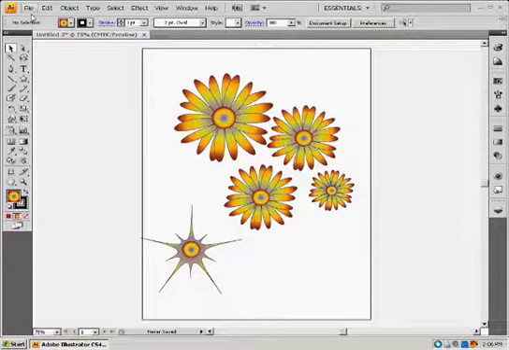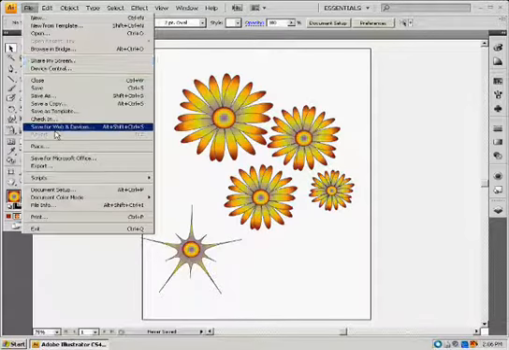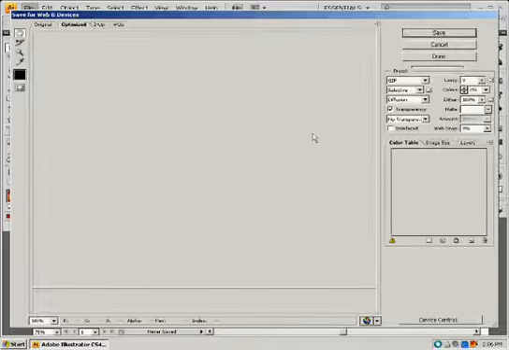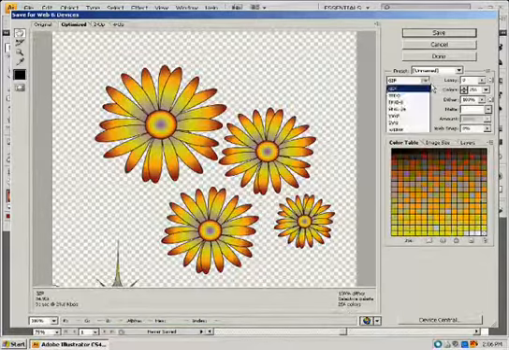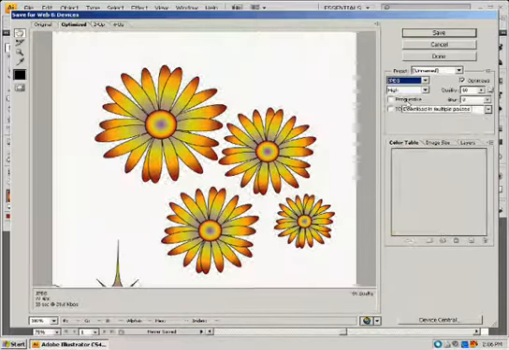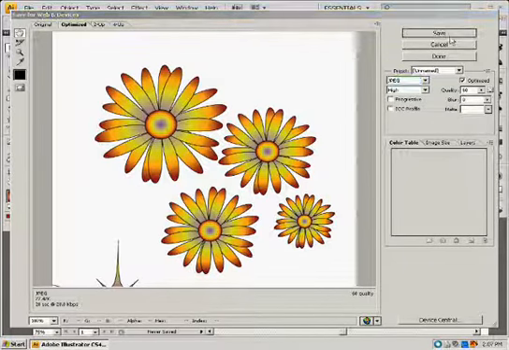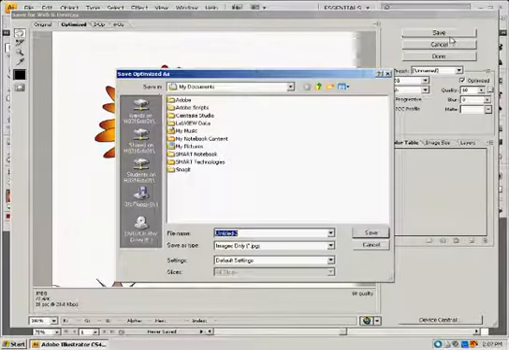When you're done, go to File, go to Save for Web and Device, and we can just select a JPEG right here, and we can save that, post it to the blog, write a little something about it, about how much you love making flowers,